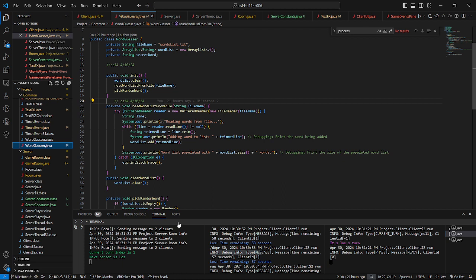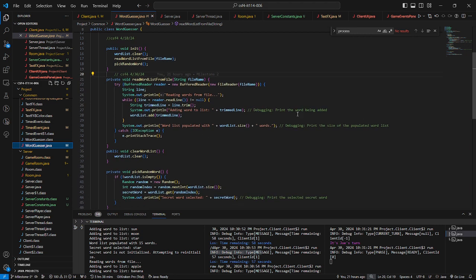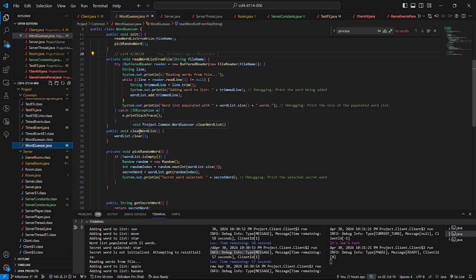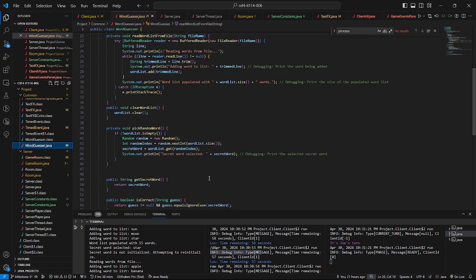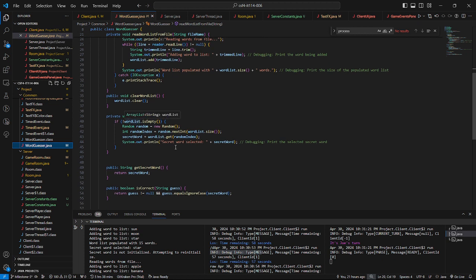It prints out the word on the server, which is not visible to the guessers. Of course, the word is given to the drawer, but not to the guessers. And these are debugging statements, and then it would clear the list and repopulate the list again to pick out another word. And here's where the word is listed. I use the name generator. If you look at the size of the list, just iterate for each